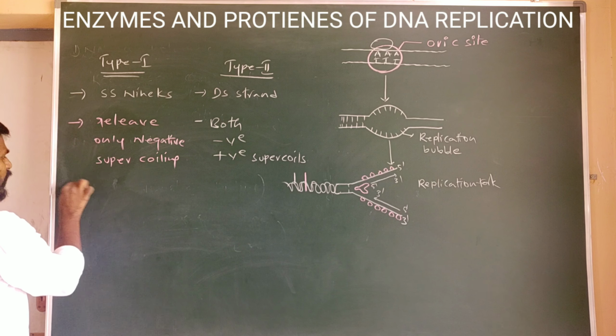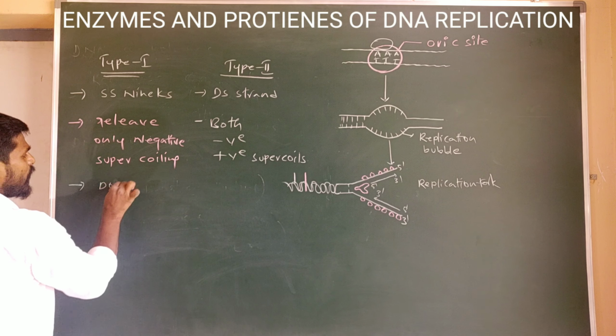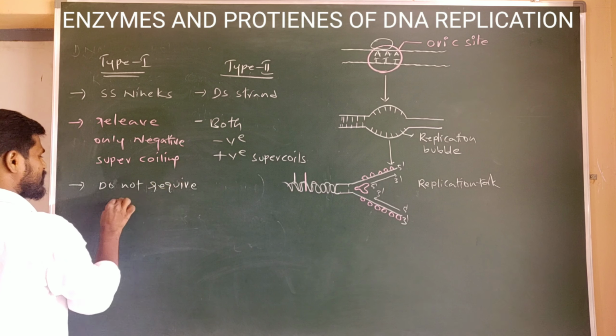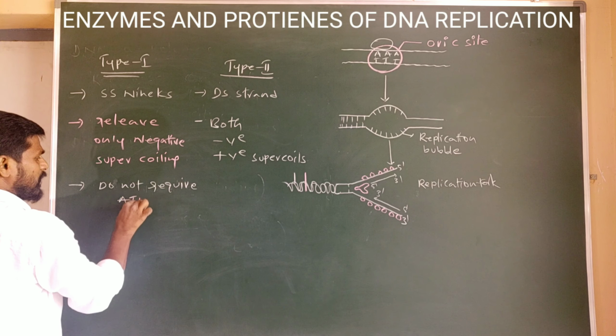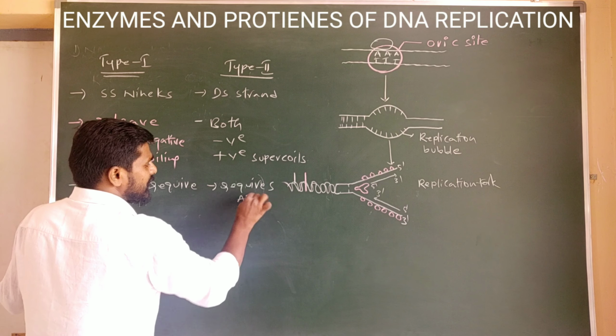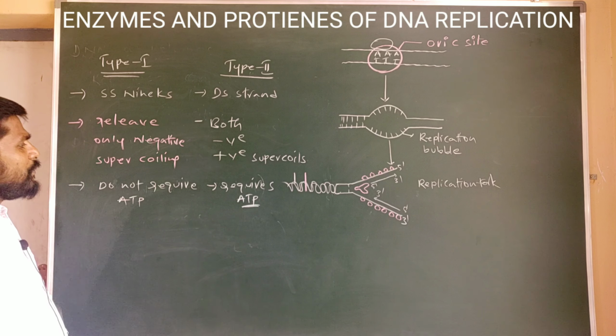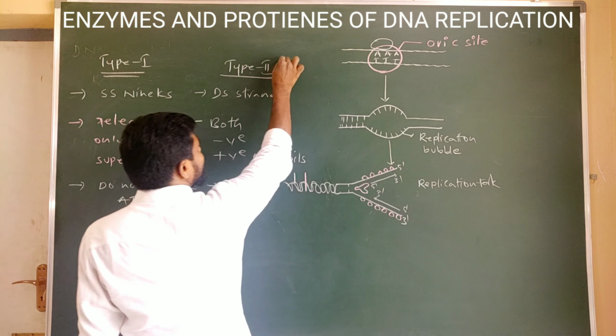The type 1 topoisomerases do not require ATP. It is a passive process. But the type 2 topoisomerases require ATP. So this is an active process. The type 2 topoisomerases are otherwise called